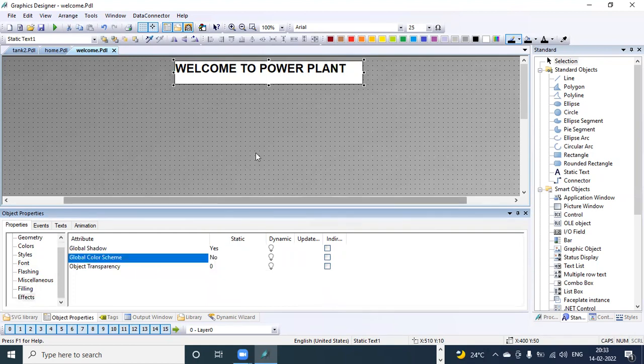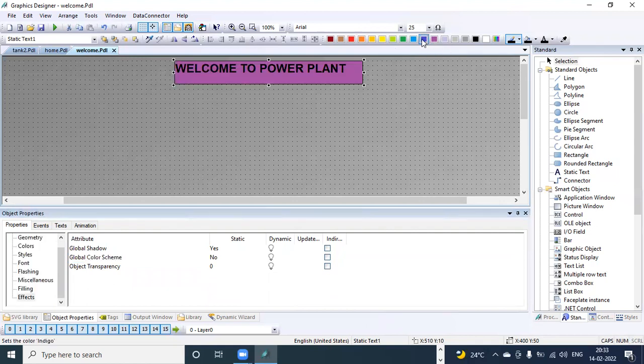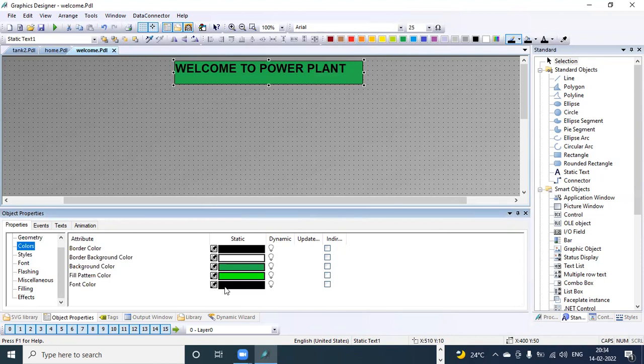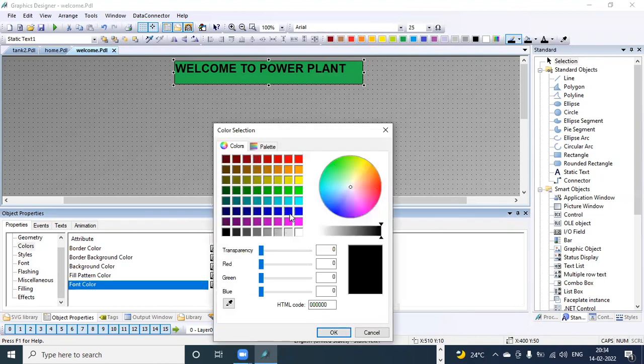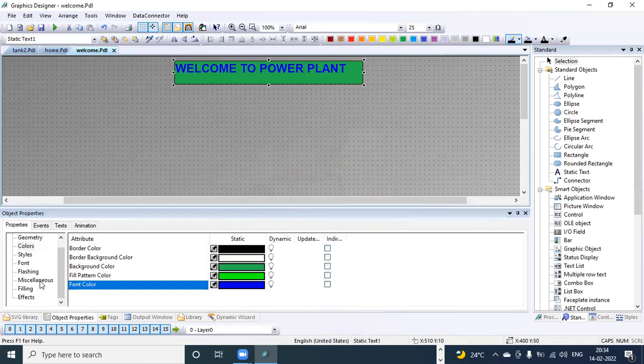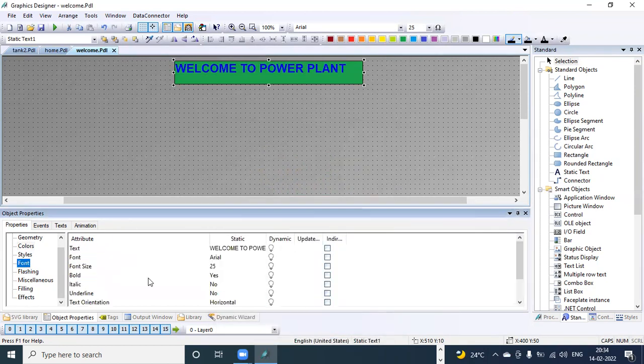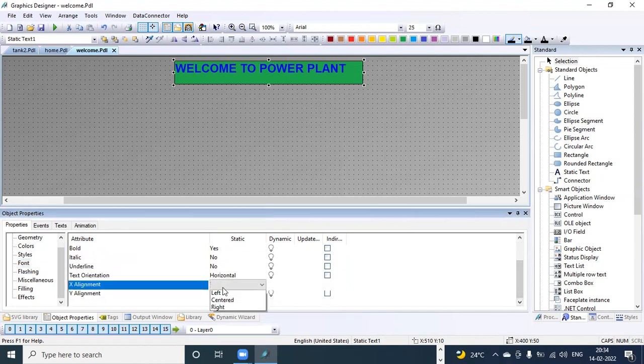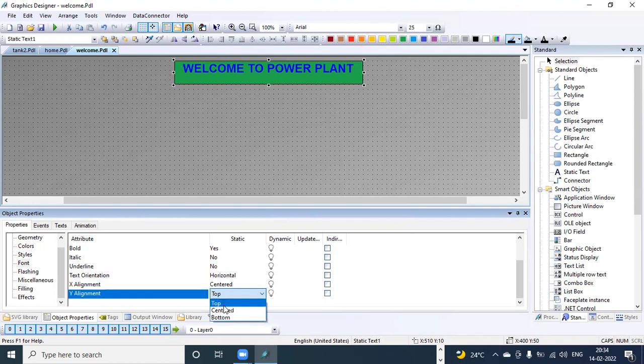Now you can give any other color in the background. And for text color, from colors, you can select the font color. And you can set this in the middle, center, center.